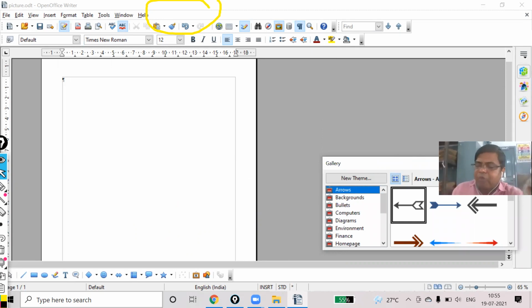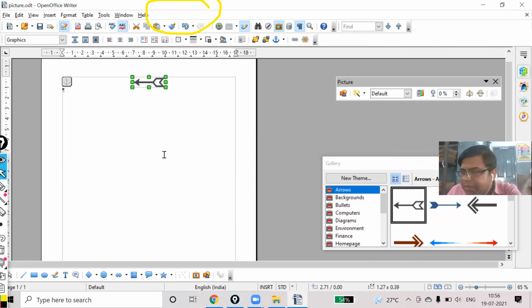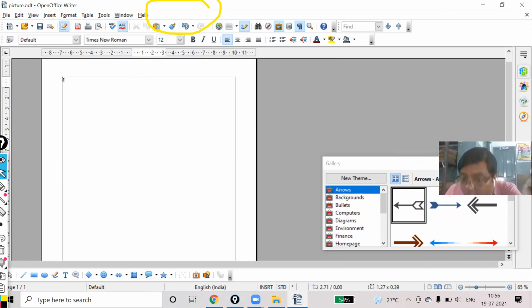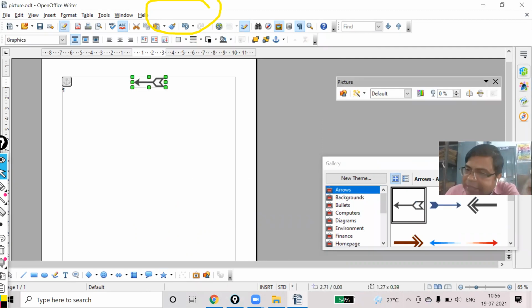Okay, now suppose I like this arrow to be added. So you have two ways. Either you click and drag it, first method, or simply you click the right mouse button and choose insert copy. This way also you can insert an image to your document.